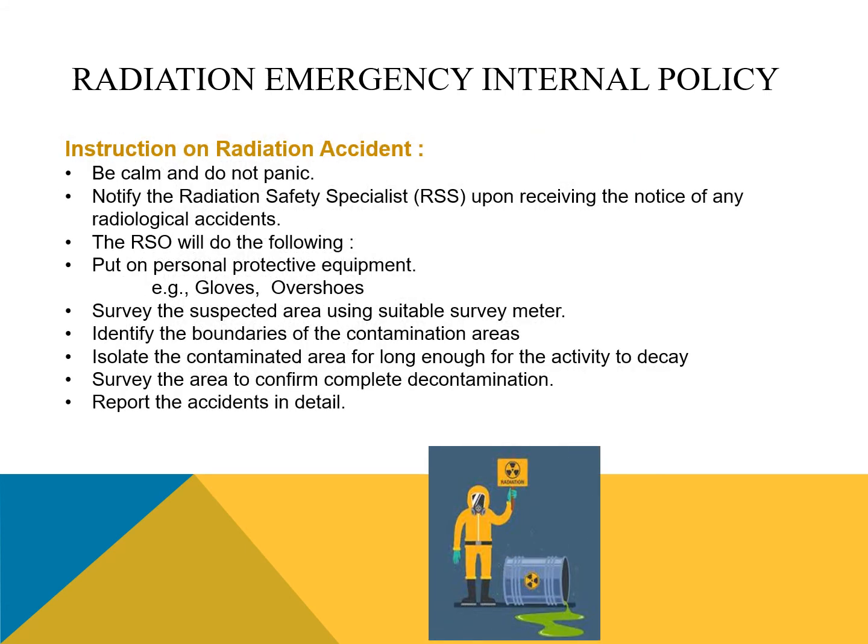And the instruction for this radiation accident is that you should be calm and not panic. And after notifying the radiation safety specialist, the radiation safety officer will do the following. He will prepare personal protective equipment and survey the suspected area using suitable survey equipment, and identify the boundaries of the contamination area to clearly make the hot zone and the cold zone for evacuating the staff,